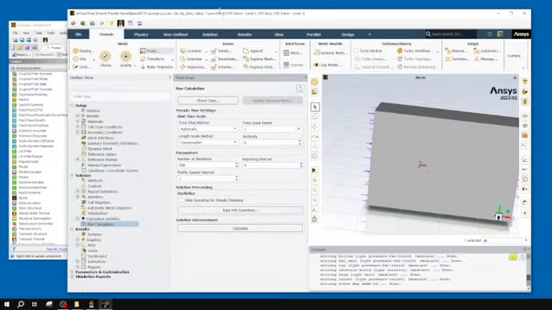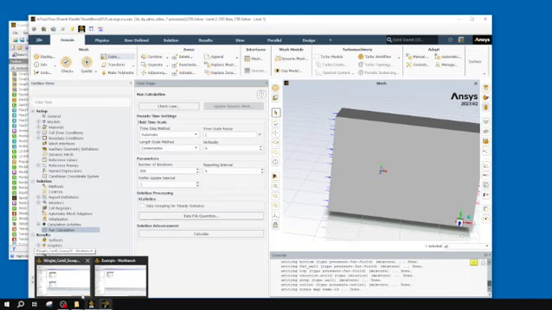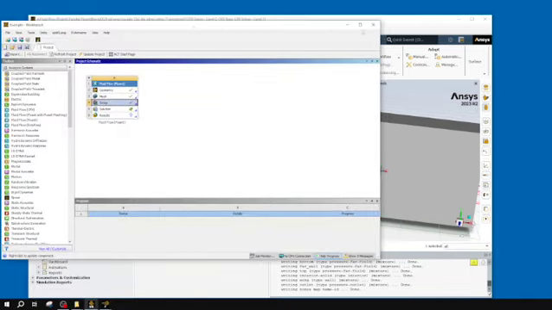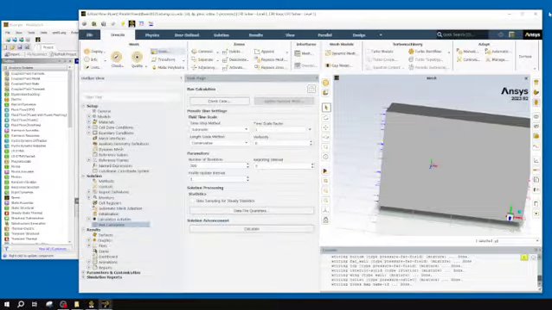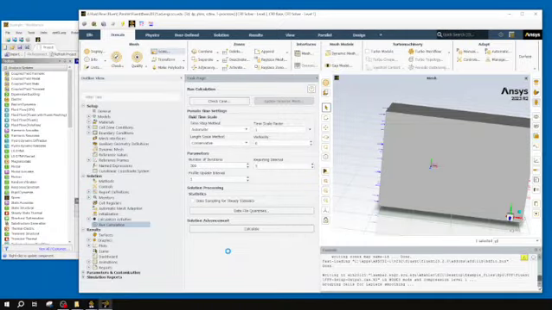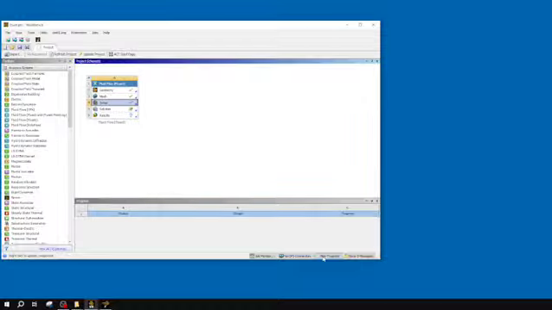If I pull my example back up, you can see my setup now has a check next to it, which is perfect. That's exactly what I'm looking for. And now I'm going to go ahead and close my Fluent. Do you want to quit? Yes, I do. So it's just writing out some output file, saving how it's made all its setup, so that when I run it in Workbench, it'll actually run properly. Oh, I saw a little error, but I'm going to assume that's okay. So now to run my simulation,